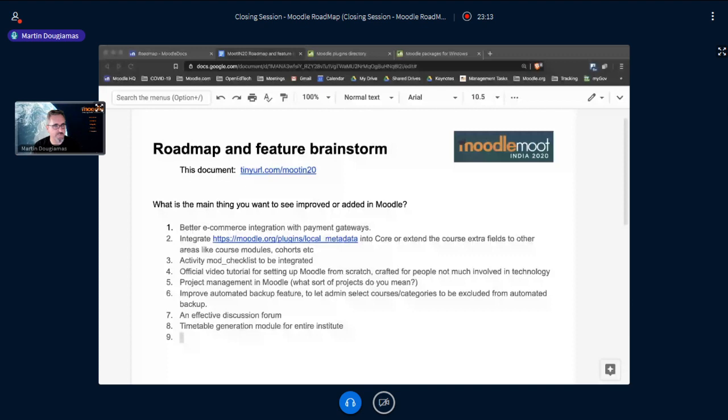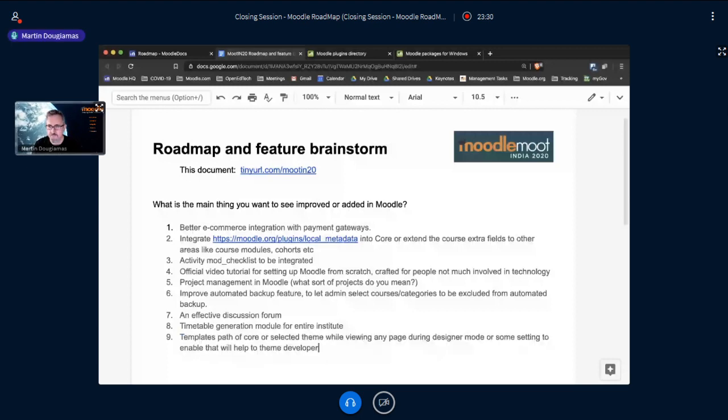Okay, Amit, templates path of core. We have a lot of developers here today, don't we? It's usual for the MoodleMoot India. Templates path of core or selected theme while viewing any page during designer mode, or some setting to enable that, will help theme developers.